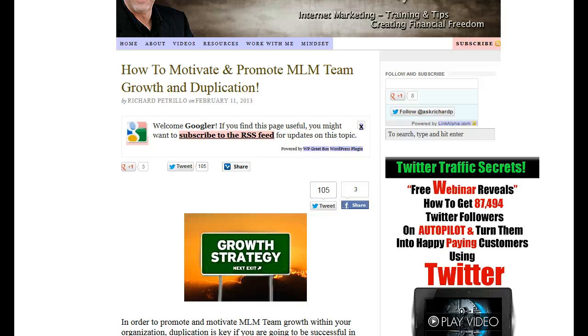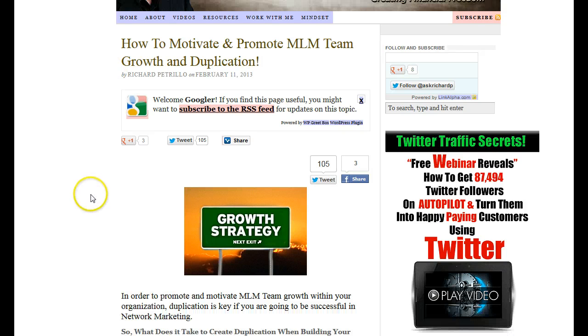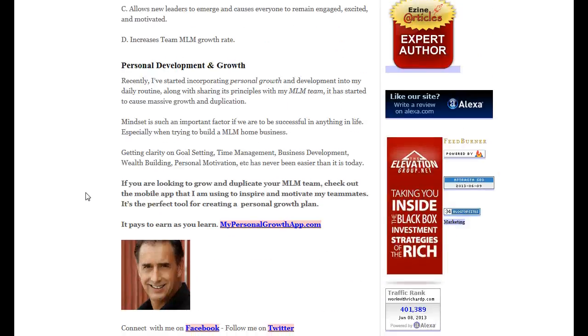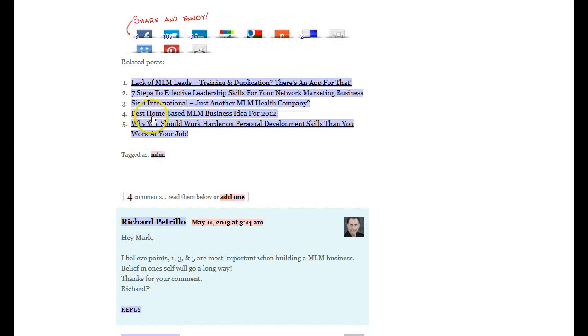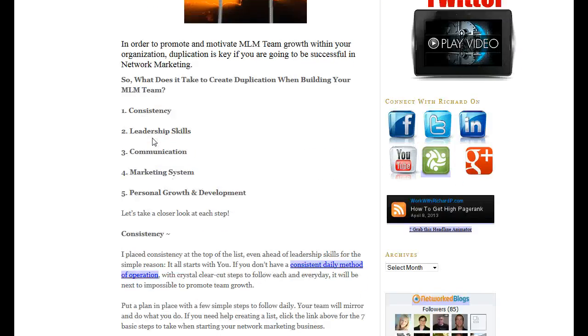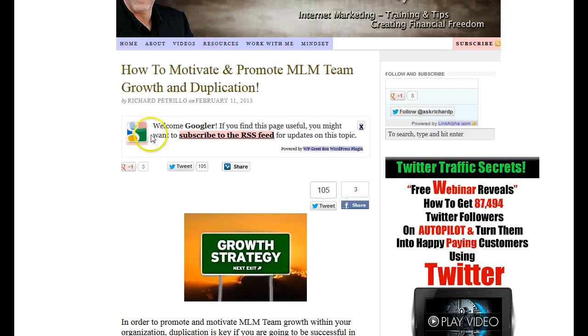So that's why this is a really great tool to see how many people are putting follow and no follow links. As you can see here, on Richard's site, he's got quite a few follow links on here. So what we're going to do to use the backlink strategy with Google+, what you're going to do